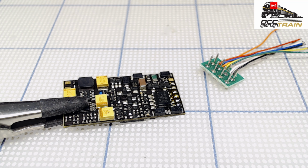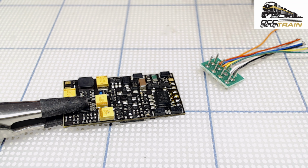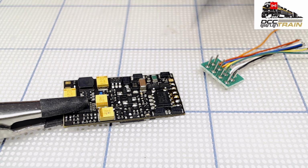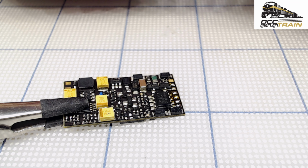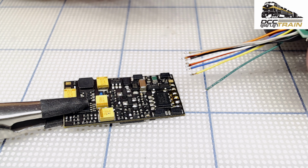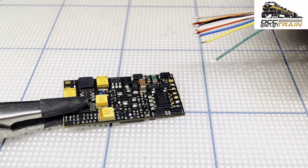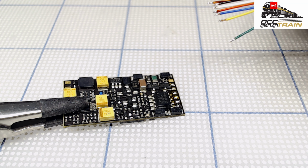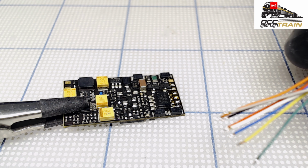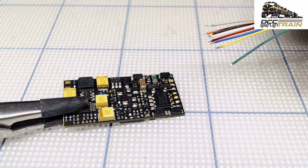All right, so I'm starting from this side, because my soldering gun will be around here. So like that. Then flip it and finish the other way. This is an 8-pin plug, I believe from an ESU decoder. The wire's a little bit thinner, but in the era of DCC, we're talking about the late 90s, when Digitrax and Lenz use